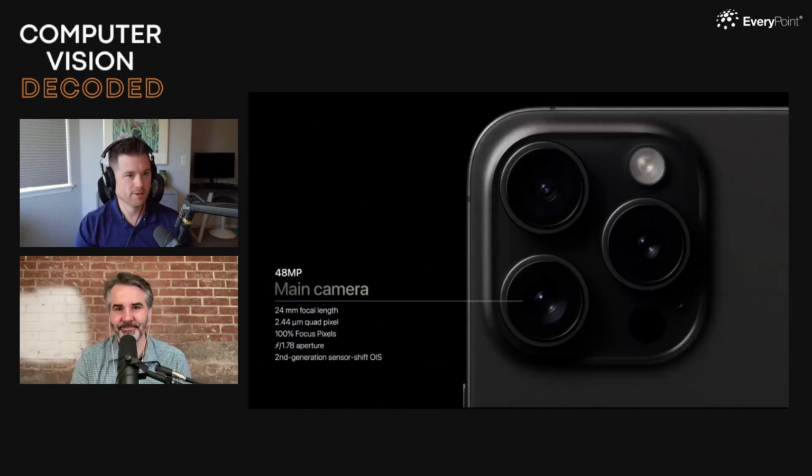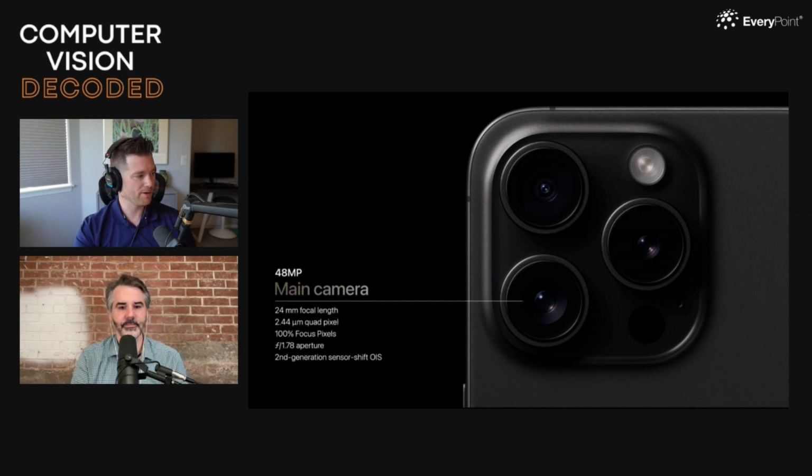So moving on to the camera. So again, the 48 megapixel camera. I wish I could compare this to the 14 Pro. It's like the 15 is the 14 Pro pretty much. I didn't see anything that I was like, wow. They do some marketing here. There's a bigger... We see this